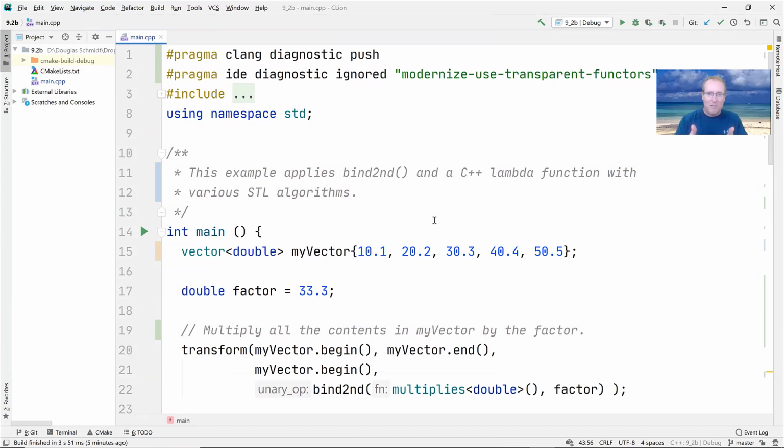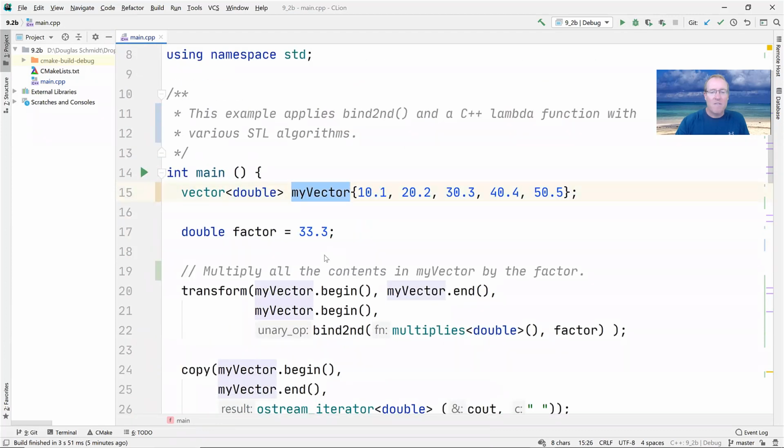We could also show bind first, but I'm showing bind second. And it's also going to demonstrate the use of a C++ lambda function in lieu of using binders in the context of various STL algorithms, some of which we've talked about before, but I'll go through them again. So as you can see down here, we're going to define ourselves a vector of doubles, which we initialize with